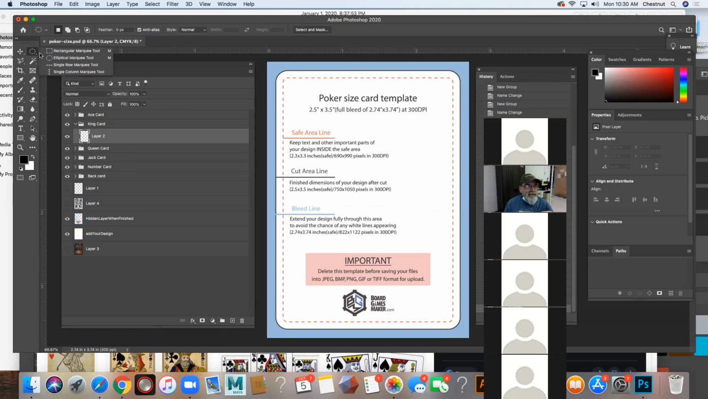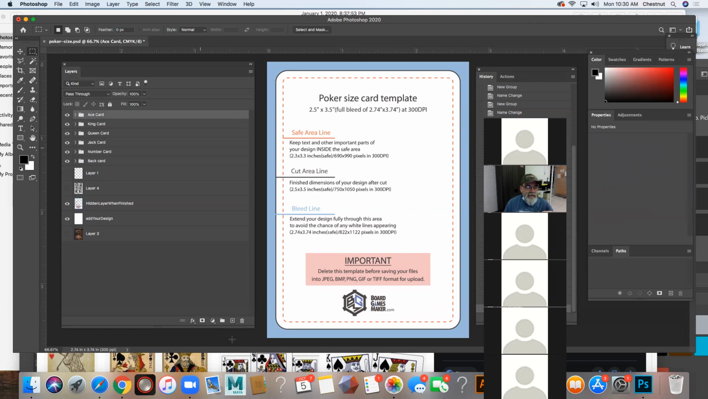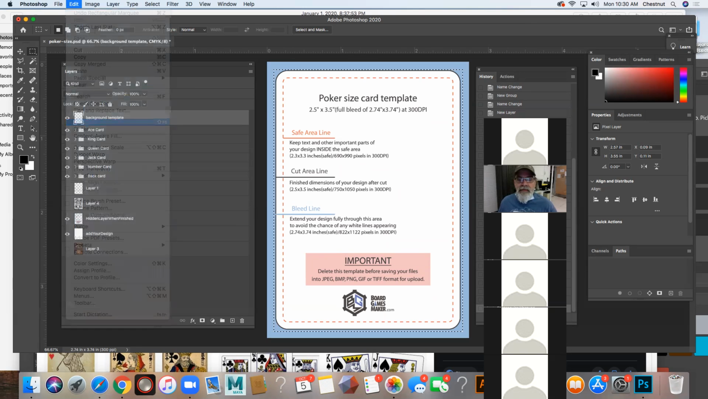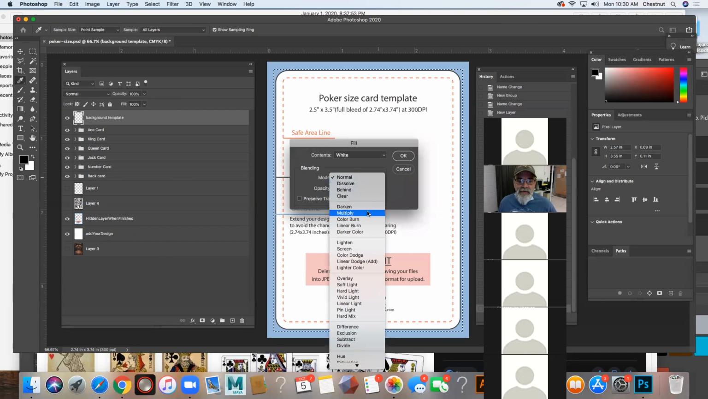Now, if I was going to be doing this and say creating something like Magic the Gathering or something like that, I don't know if y'all know what that is, but it's a card game. And I would do a background template. So here's my bleed edge. So if I want the cards to go over, boom, I would say edit, fill. And at this point, I would just fill with like a